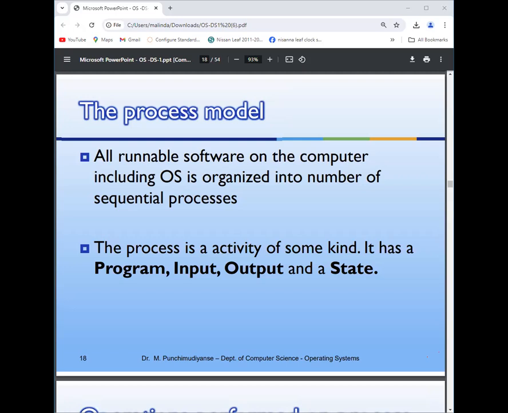So actually, when we learn about the operating systems, the main thing that you need to handle is the processes. Processes are almost all the runnable software on the computer, including the operating system, organized into a number of sequential processes. A process means one task which is running or staying idle in the computer. So each process is having